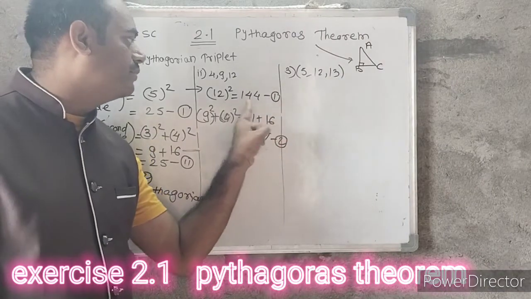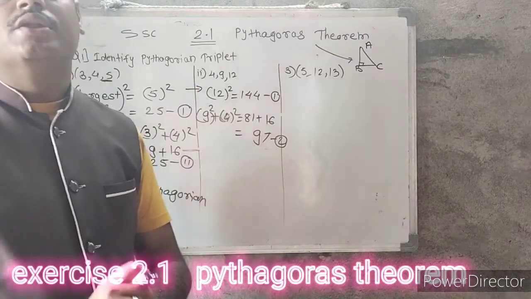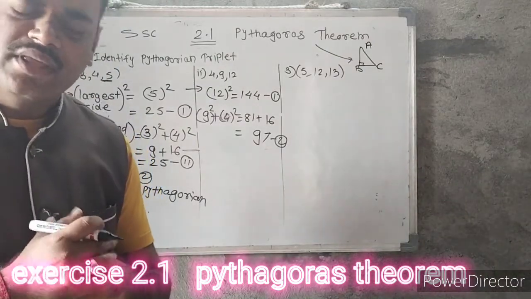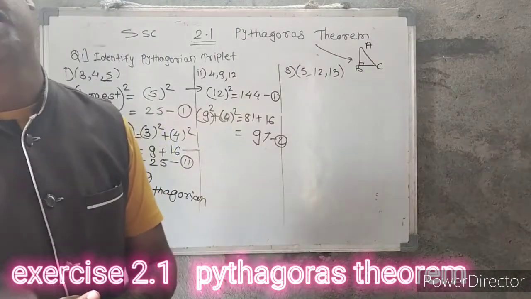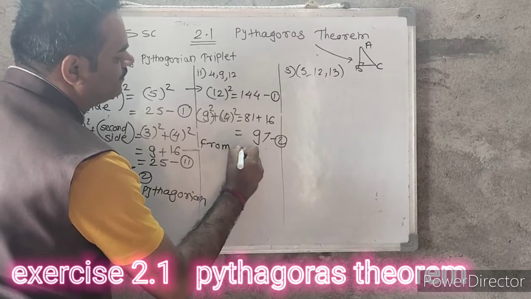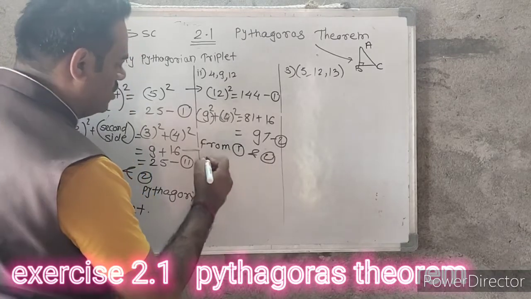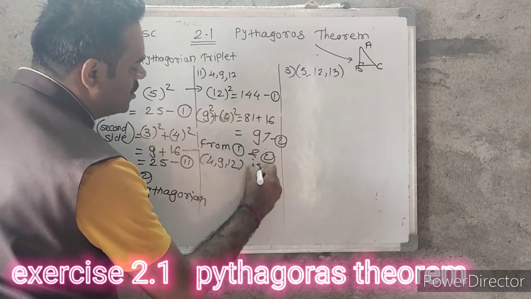So see one number, that is 144, and the second number, that is 97. Now are they the same? Exactly, they are not the same. So they are not satisfying the Pythagorean triplet condition. So you have to write that from 1 and 2, 4, 9, 12 is not a